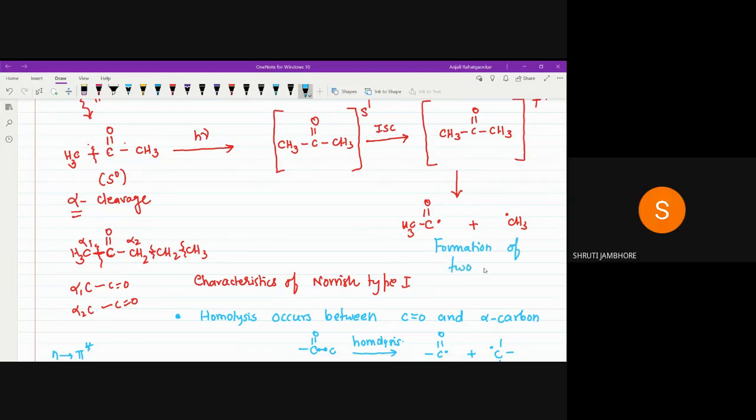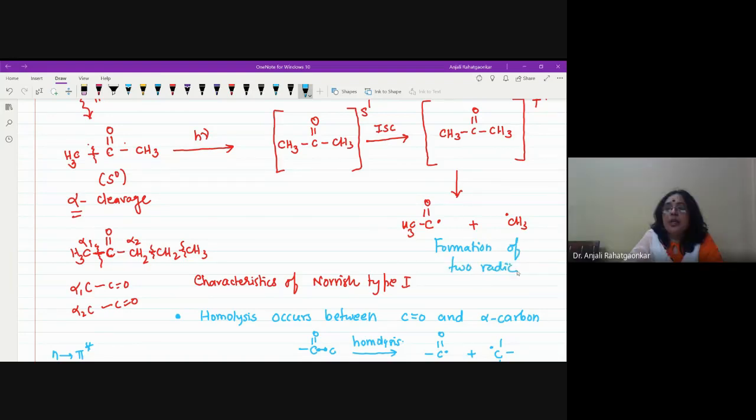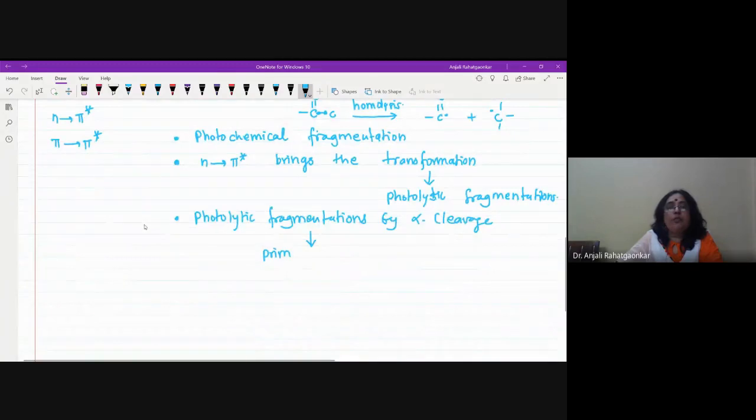Formation of two radicals is nothing but the primary photochemical reaction. So in the characteristics, the photolytic fragmentation by alpha cleavage gives you a primary photochemical reaction, meaning the formation of